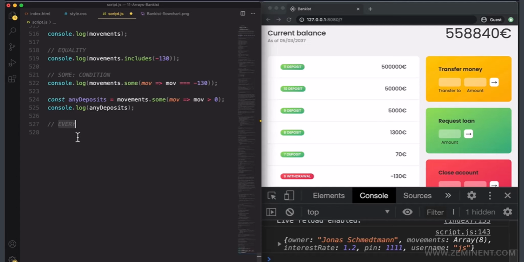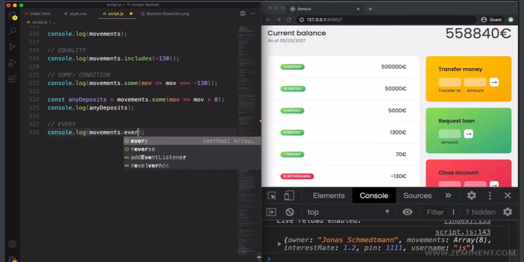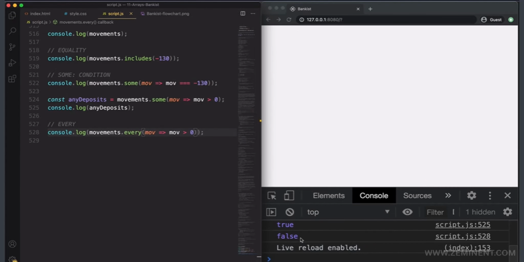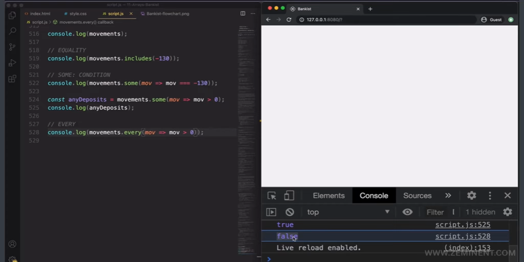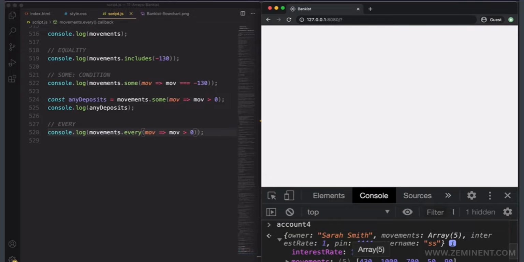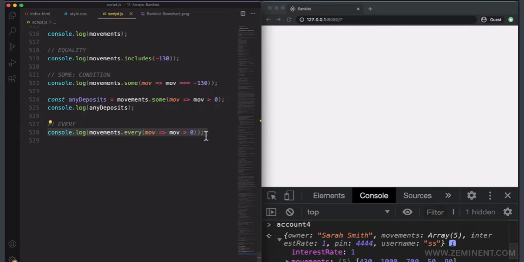So let's test it out here now. So let's log this to the console movements.every and then with the same condition. Now let's check if all of our movements here are deposits, and now they are not. That's why we get false. However, we do have one account which only has positive movements. So let me show that to you. That's account 4, and in account 4 all the movements are positive. So let's check it now here. So account 4 and then the same condition,